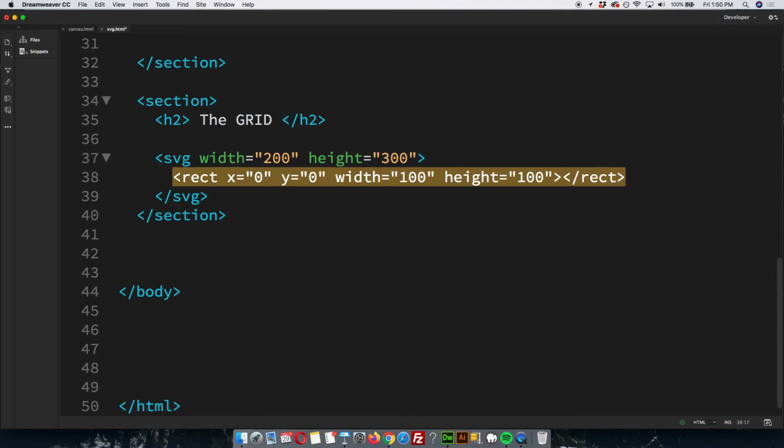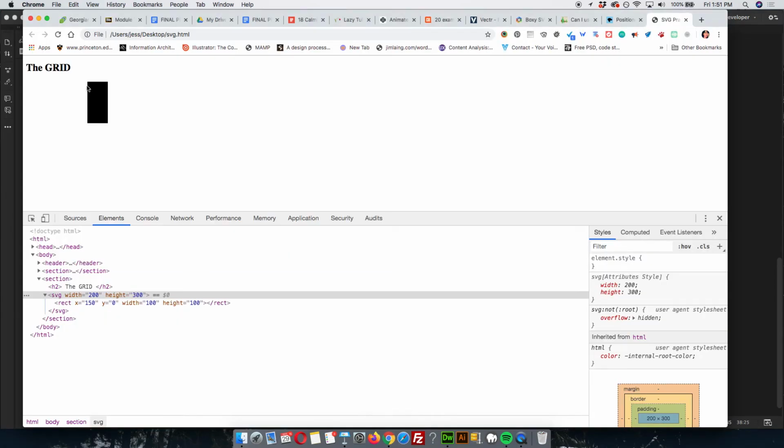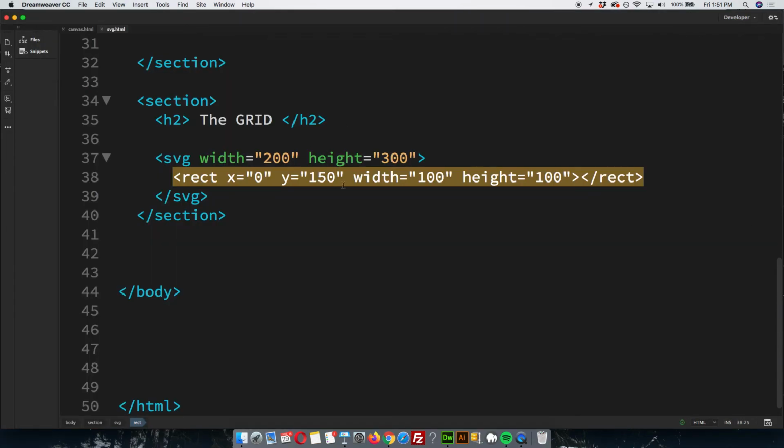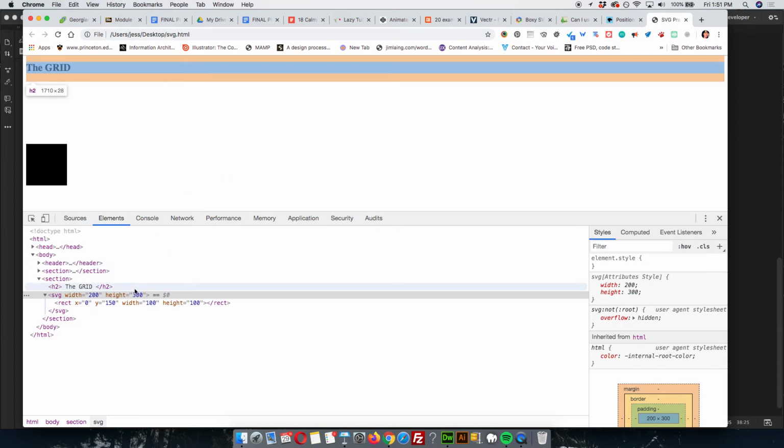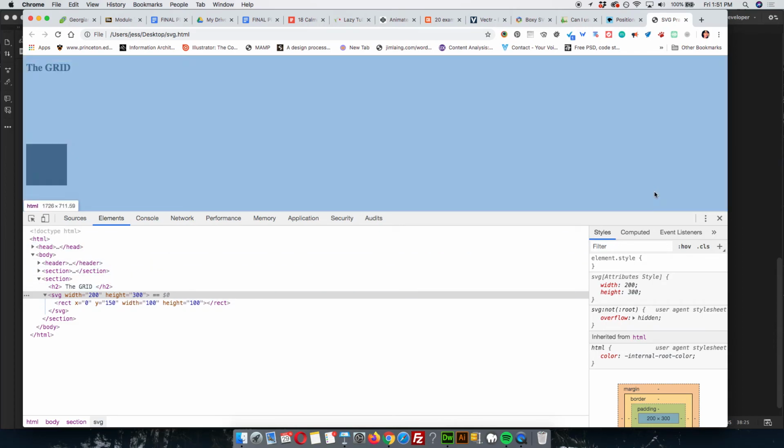We keep X 0 and Y is 150. We can see that that now positions us right there. So we've moved down the Y axis. So we can see how the grid works. So wherever we want it on the page, keeping in mind, you might want to change that